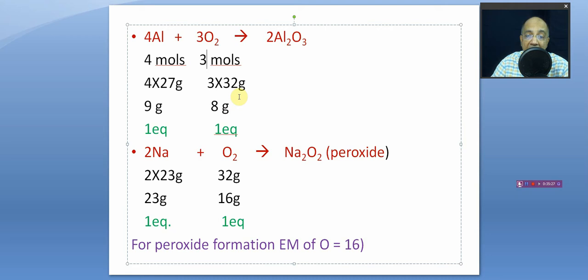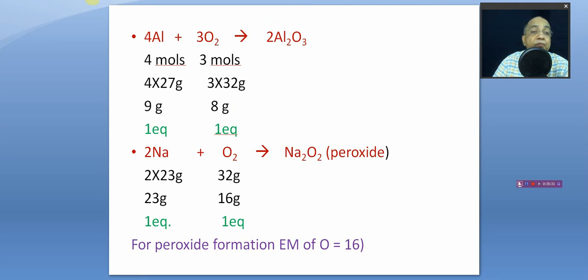That I have not done. Here I should have done it, because I thought you are very sharp guys. So here, that should be 3 into 32 by 4 into 27. That is for 1 into 9. And 9 3s are 27, the 3 gets cancelled, and 4 8s are 32, so this becomes 8.